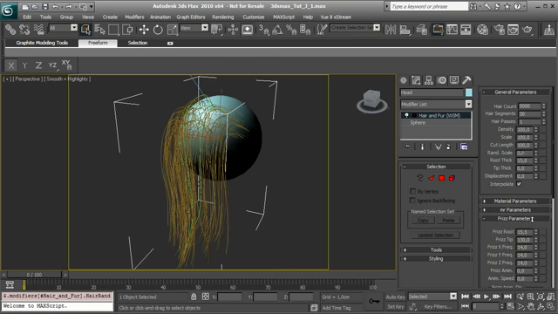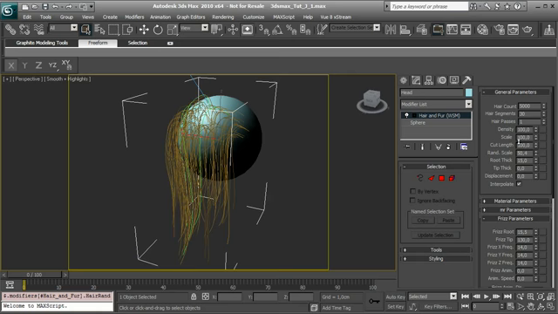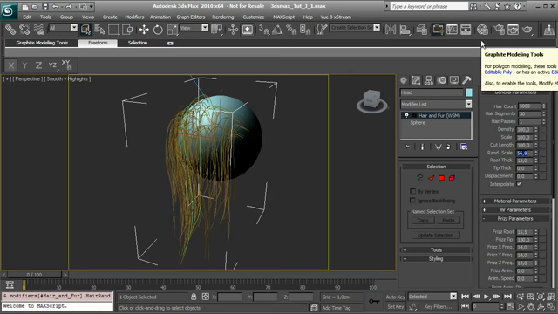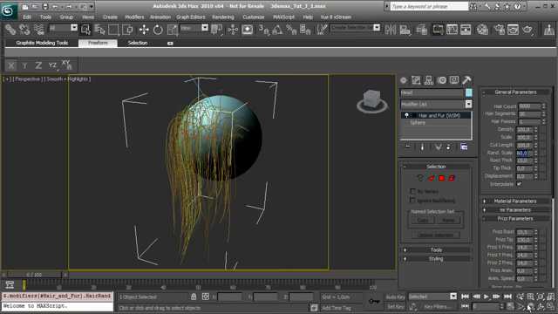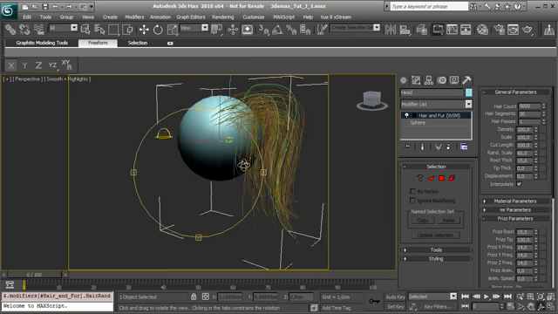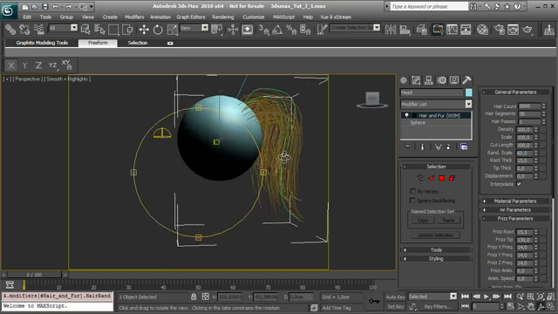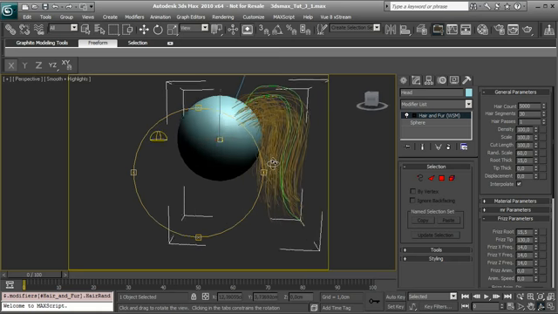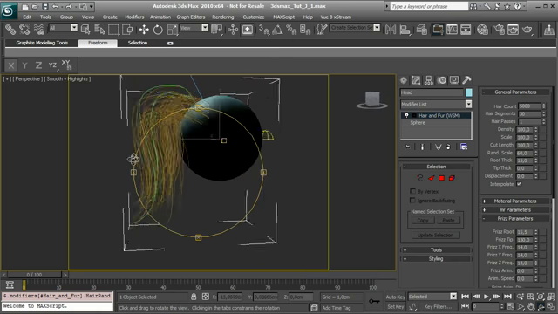Okay, you see, so we have whole the hair in the same length, or we can make different length just using, for example, 60% of randomness for the hair. So you can see that we have hair with more length or less length,